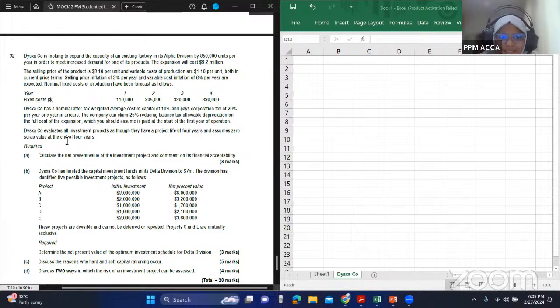The reason why I'm doing this is there is a particular adjustment in the NPV calculation that we haven't really seen in any of the past questions. Although NPV is easy, the probability of it being examined is very high. So I don't want to leave that untouched, and I will do that as well.